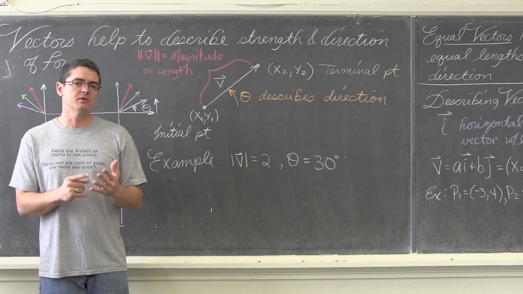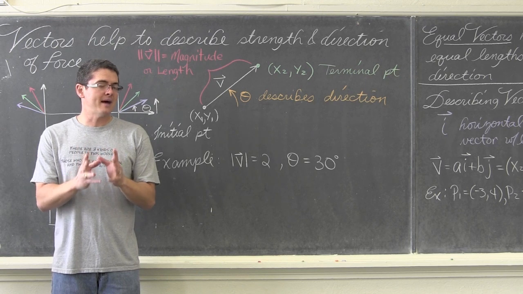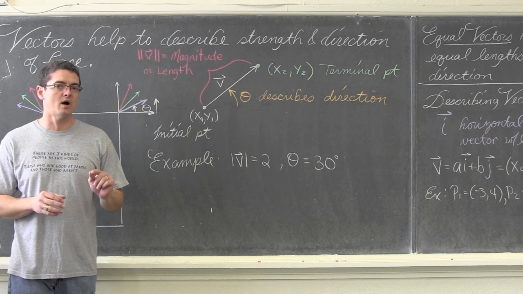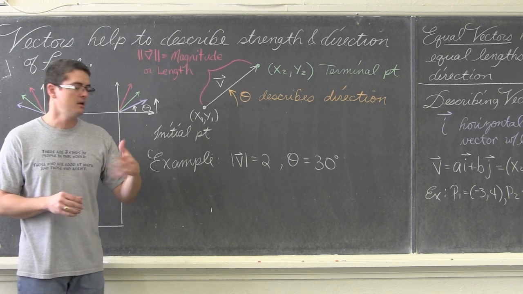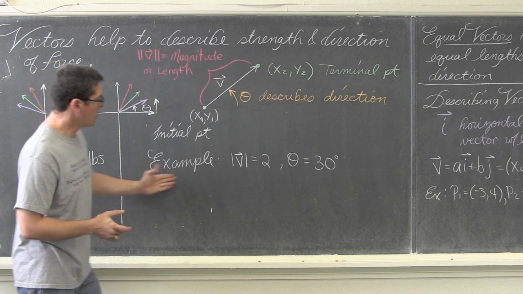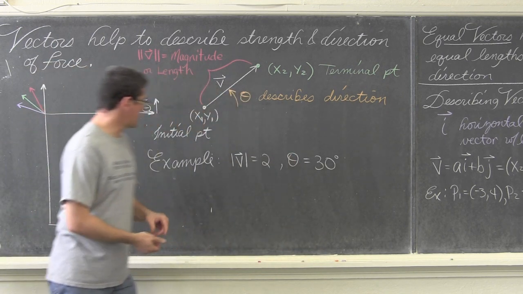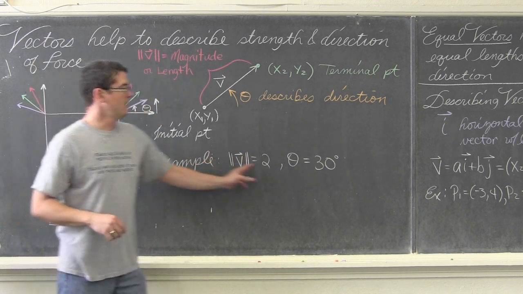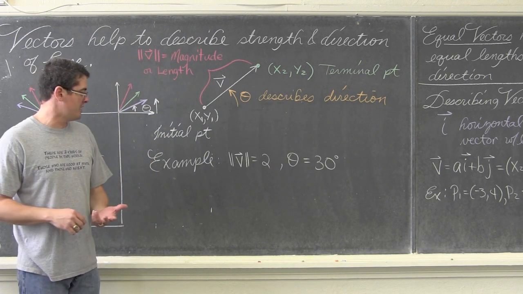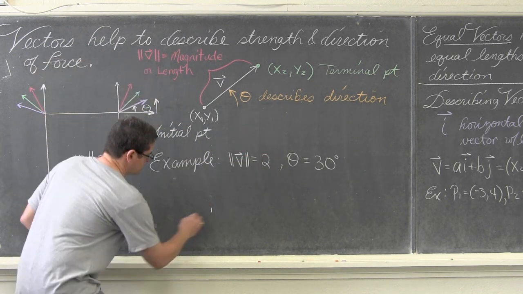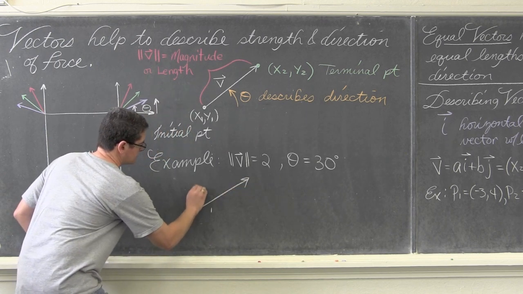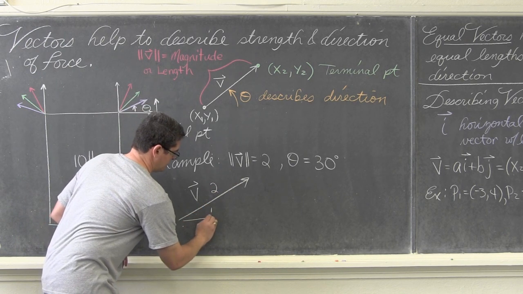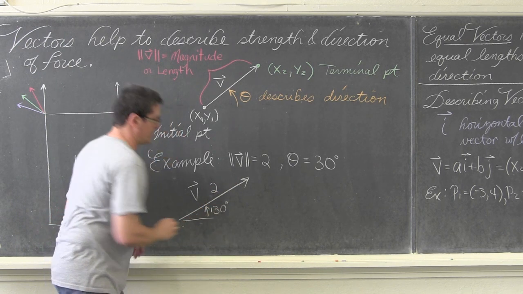But working with magnitude and direction, working with it mathematically is not easy at all. So most of this discussion is going to be vectors in terms of x and y components, or horizontal and vertical components. You'll see that as we get through here. Our first example of drawing a vector is I have a vector whose magnitude is equal to 2, and its rotation or its direction is 30 degrees. Well, vector v would look like this, roughly, of course. Now, this vector has a length of 2, and its direction is in the direction of 30 degrees.